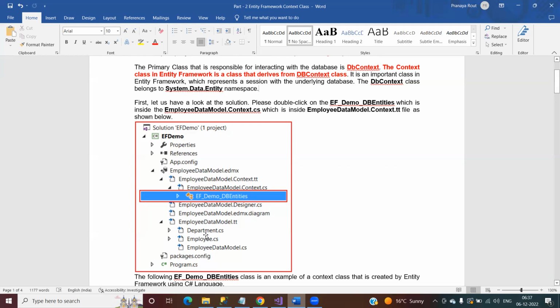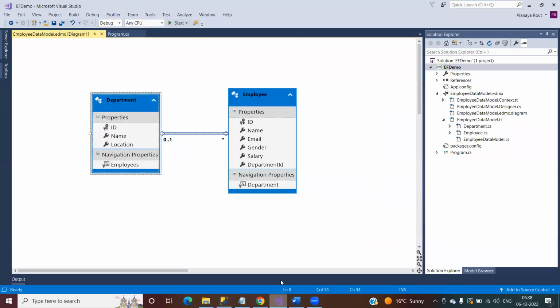Later, if you opted for something, yesterday I showed you, I modified the EDMX file. I had to modify the name of a column. Then when I rerun this TT file, those changes are reflected here. So basically the TT file is going to generate the model classes based on your EDMX designer view. To make you understand what I mean,